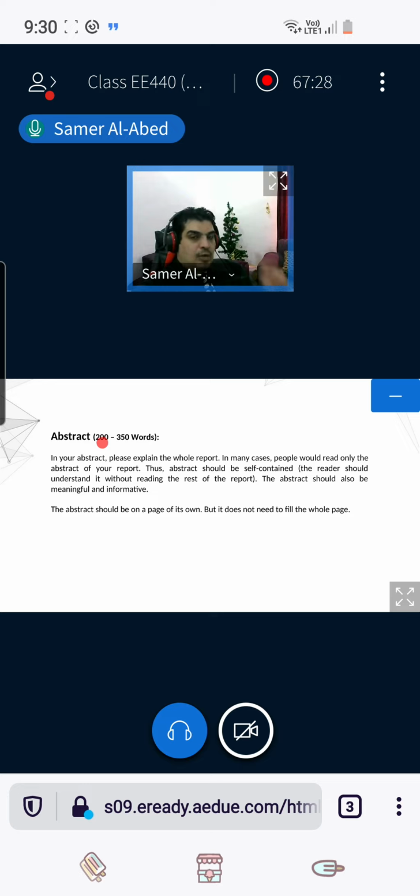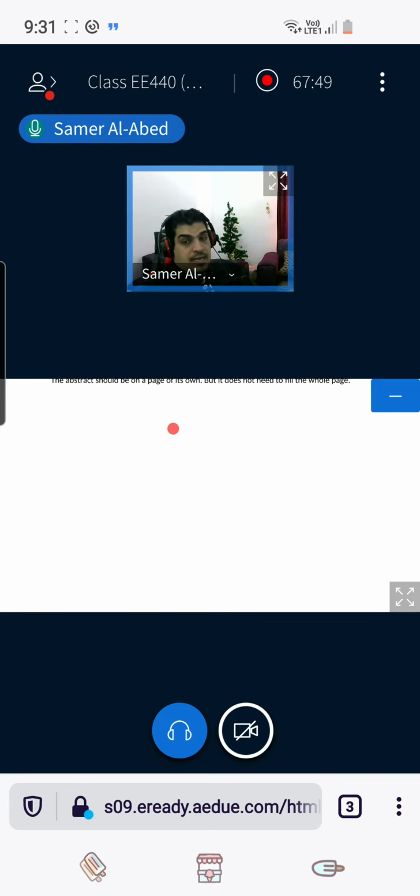You can easily count the number of words. If you select the text and go to Review, Word Count, you can see how many words you have in the file. So this is regarding the abstract.